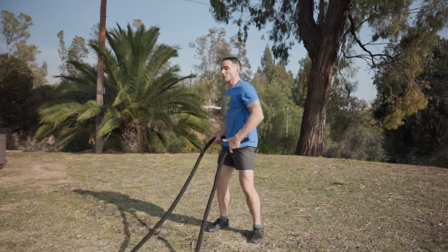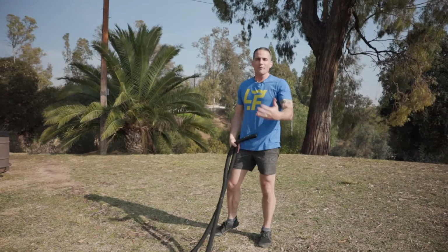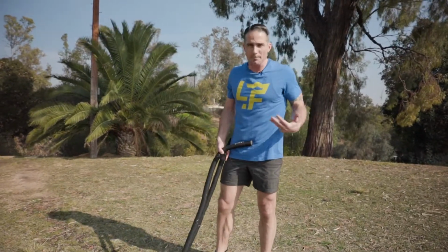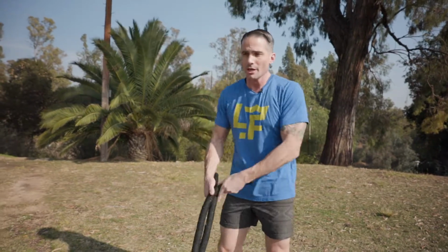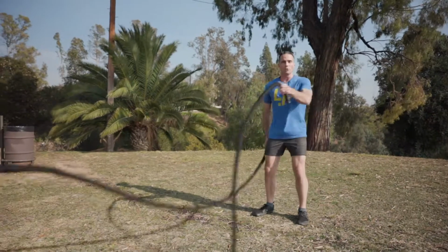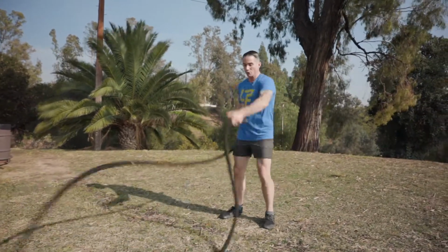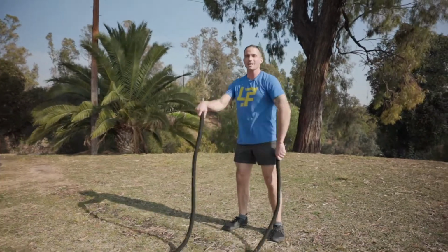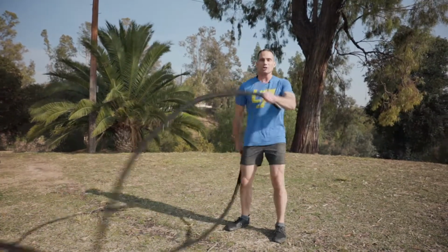Then I can actually produce rotation. So obviously 90% of human movement is based off of rotation, at least 90%, right? Running, walking, crawling, all of those things, locomotion, right? It's driven off of this small little bit of transverse plane movement of rotation. So I can actually work rotation into my alternating waves. So I'm actually producing it mainly through rotation, relaxing my shoulders, relaxing my arms, and letting my rotation drive